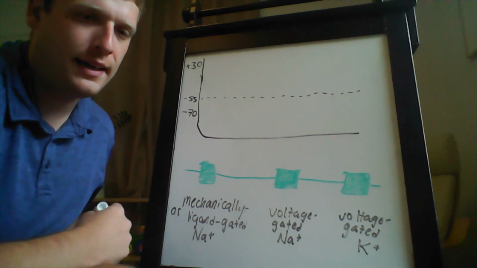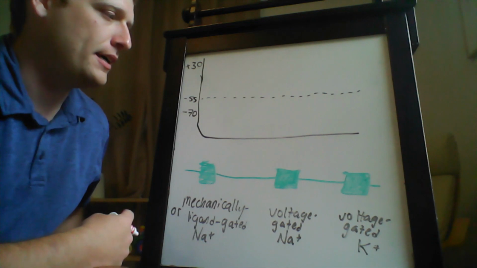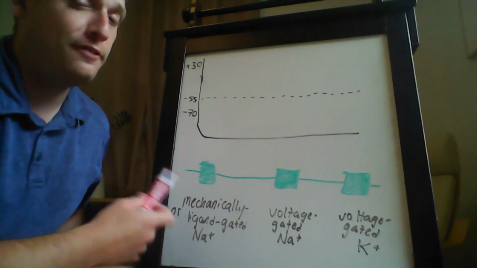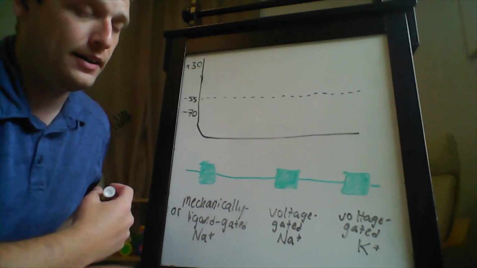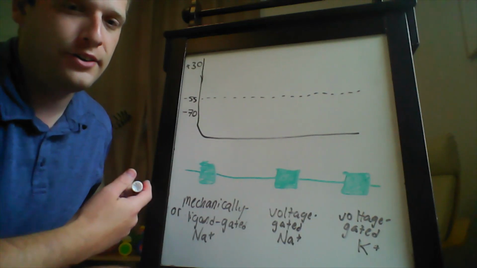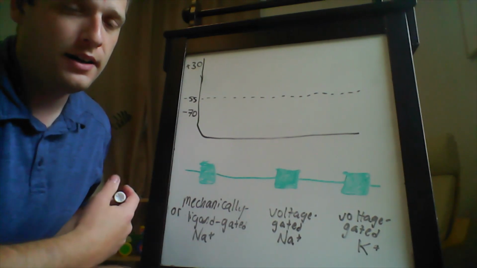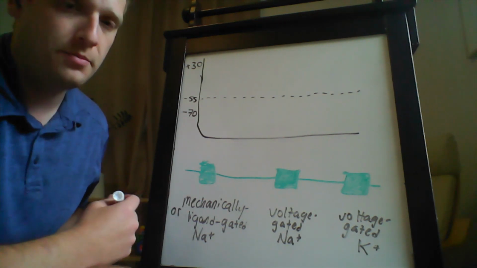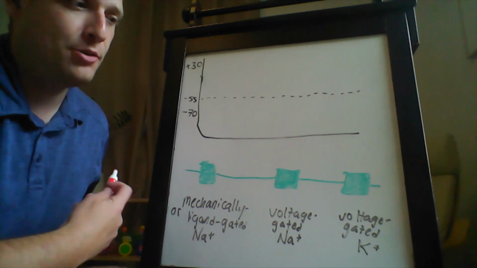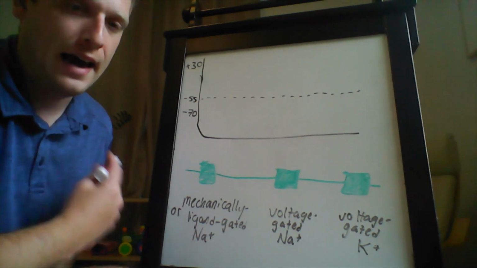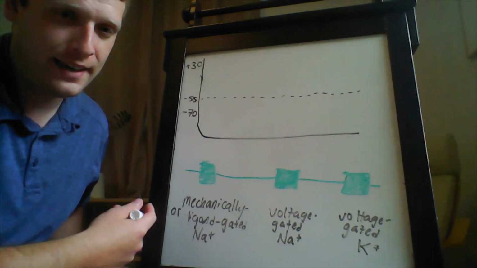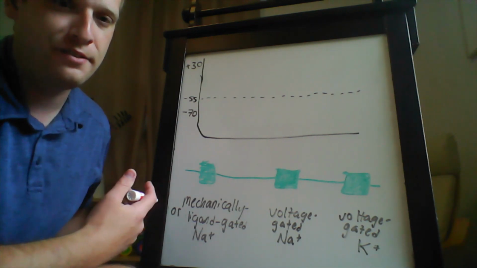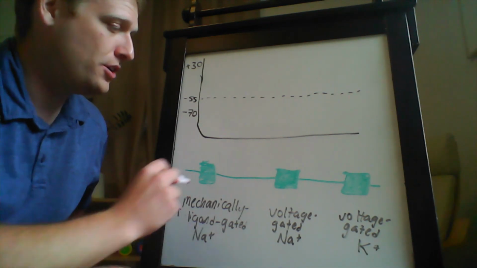Hey everyone, welcome back. Today I'm going to start off by summarizing the events leading to and following an action potential. Again, this is the electrical activity in a neuron that makes up the basis for the communication between neurons and other cells. It's all about establishing an electrical current in that neuron, and electricity is just movement of charged ions. In this case, it's going to be movement of positive ions,